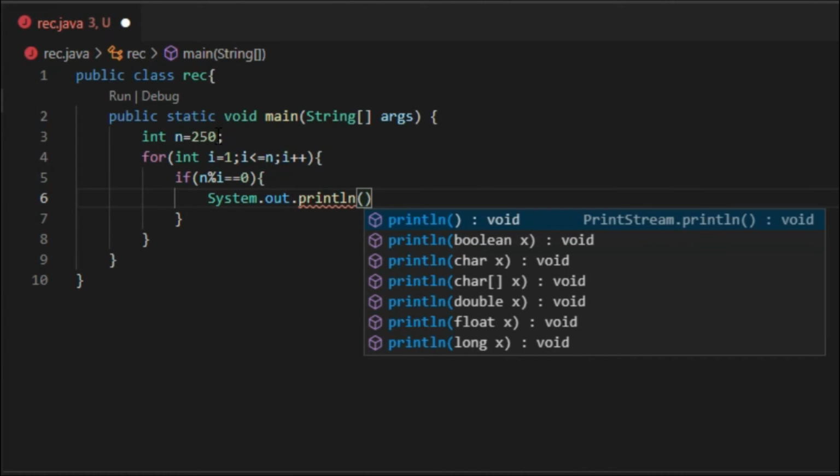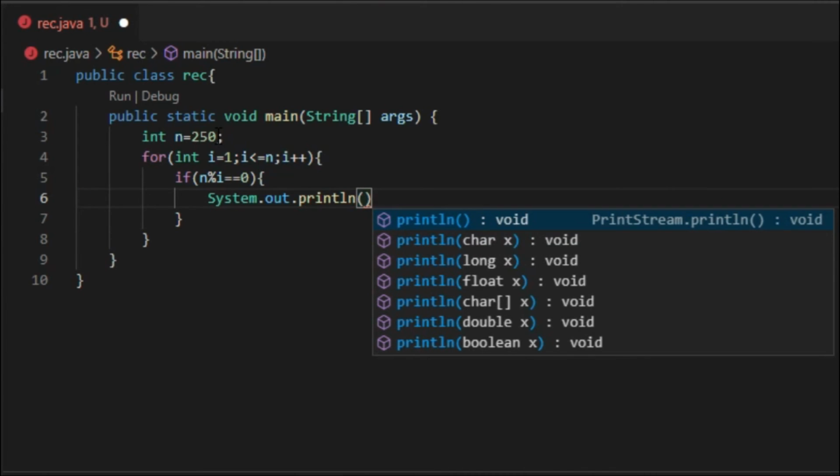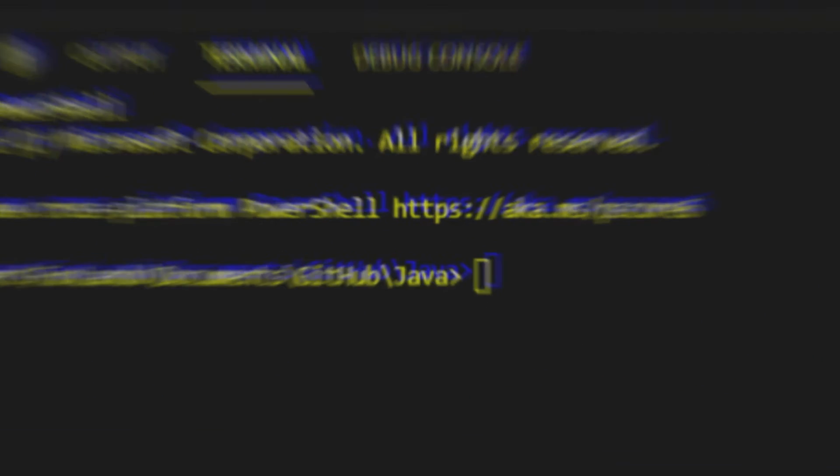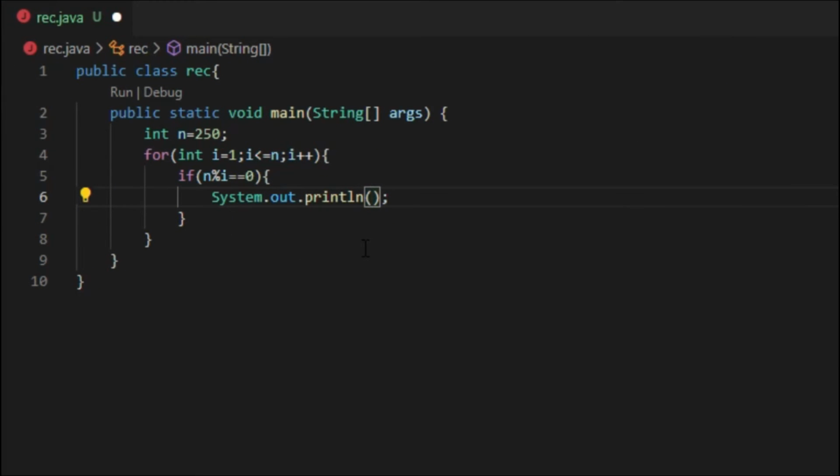As you might have gone through our previous videos, this is used to print a value in the console down here, and the values we'll be printing is i first of all, plus we need some space between i and the value so that we can see the output clearly. So the second thing, actually a string, will be a comma and space. This will separate these two values, i and the other value, which is our quotient. So it will be n by i.